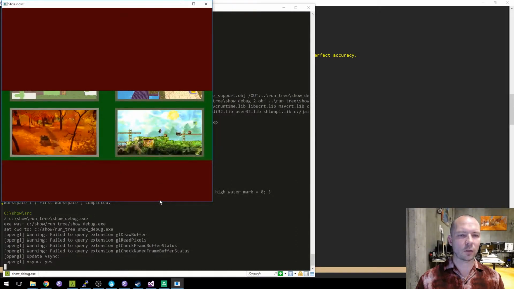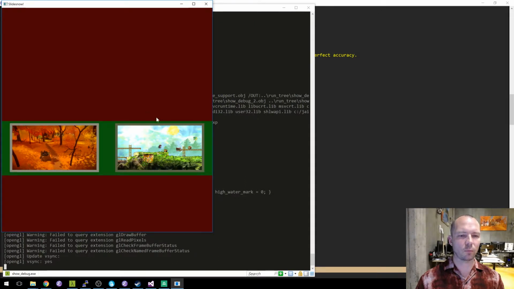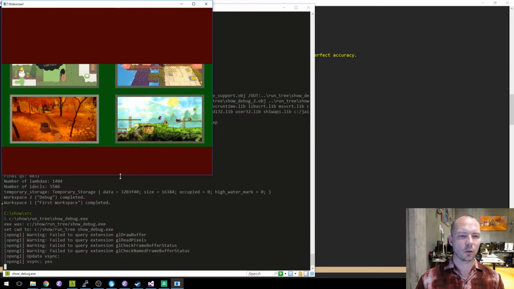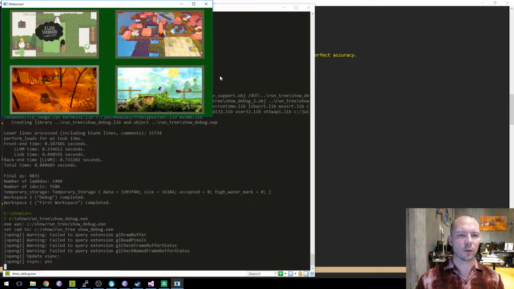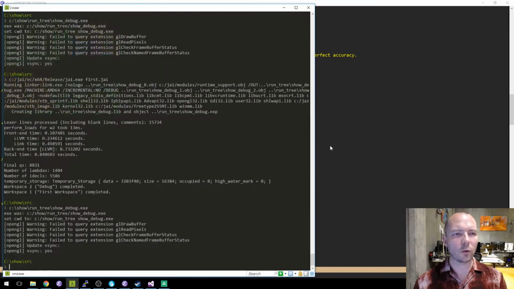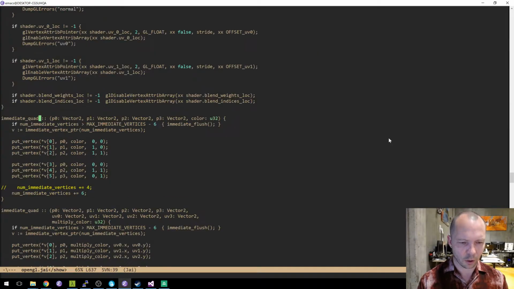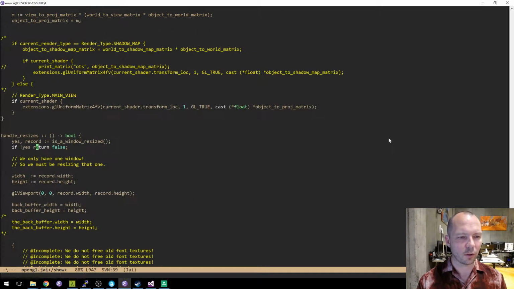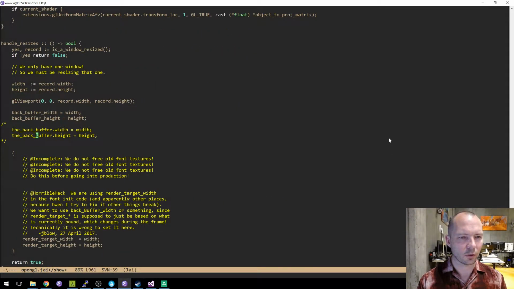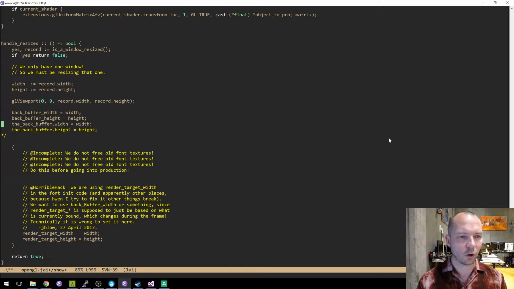Okay, it's still correct. Yeah, we have some kind of GL viewport problem here. Or we're not correctly sizing the back buffer. I may have forgotten to do that. Handle resizes. Oh, well, I need that probably because my transform setting stuff needs to know. Remember I said I have my texture map abstraction, and if I don't update the width and height in there, bad things can happen. I think.